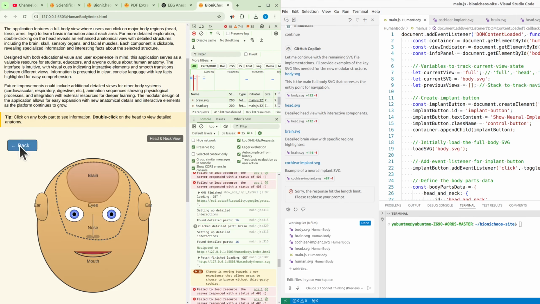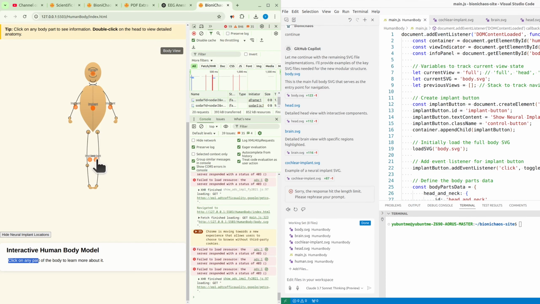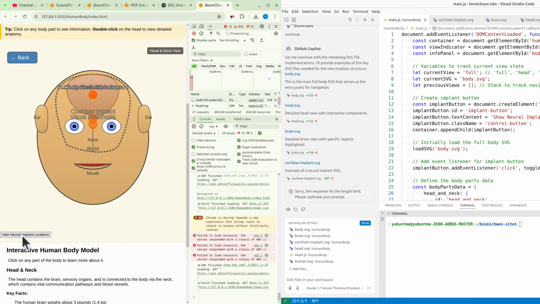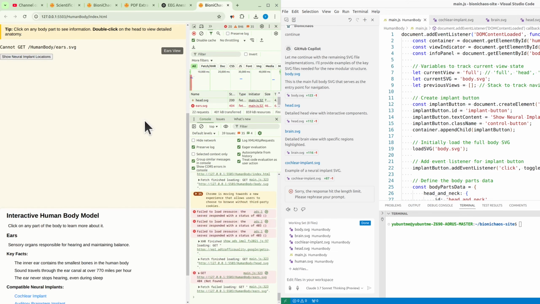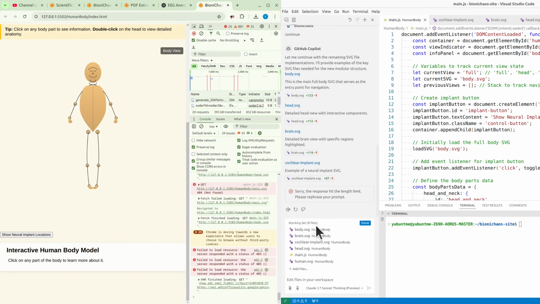And now we are docking, and we have implant location shown. Okay, obviously the placement is wrong. What on earth? Okay, we don't have the ears. Okay, this